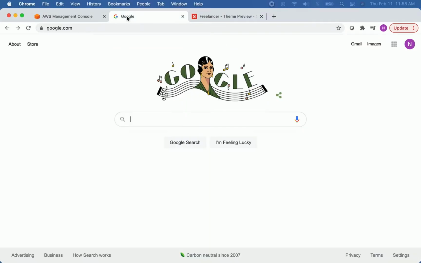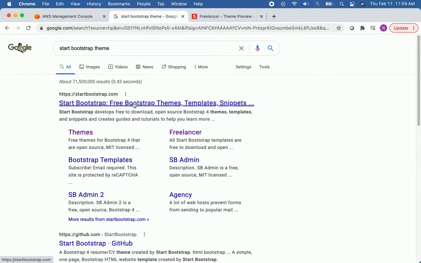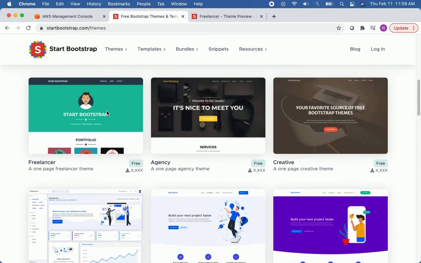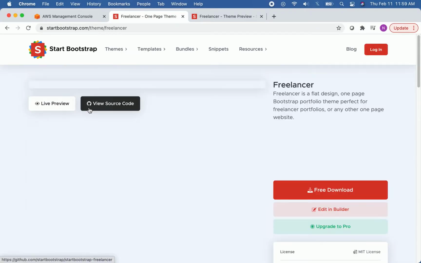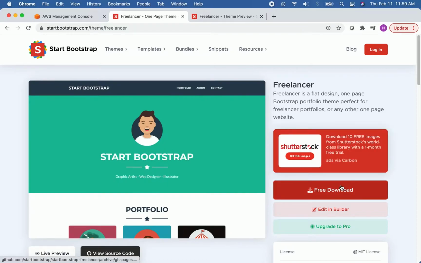And so how do you get this? Well, you can go to Google and you can type in Start Bootstrap Theme. And then you'll see startbootstrap.com comes up. You can click Themes. And then this is the thing we'll be using. It's called Freelancer, and this one is free. So you just click this free download button, and then you'll be able to download it. So once you have your theme, we'll go into AWS, and we'll actually go into S3 and start hosting our